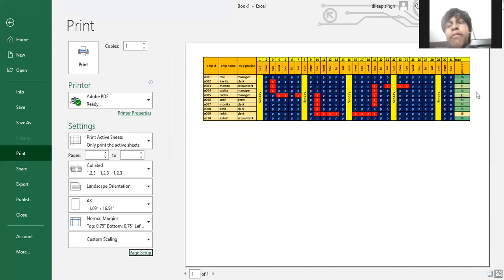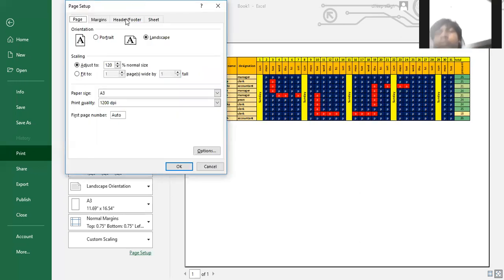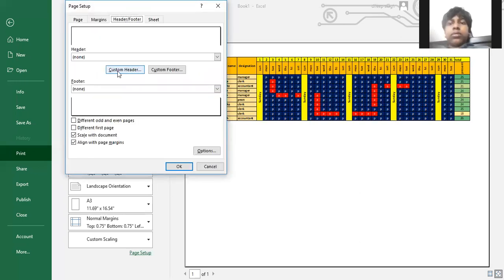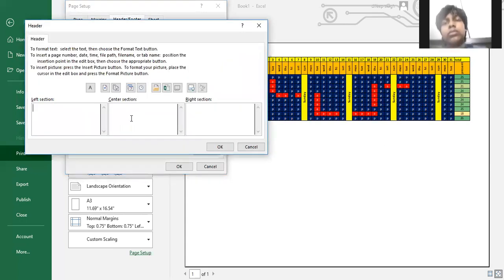Okay. And if you want to add the company name at the top of the page, here we have the page setup option, and the third option is header and footer. Here we choose custom header. When you click custom header, type the company name, that is Swami Vivekanand Skill Development Training Institute.